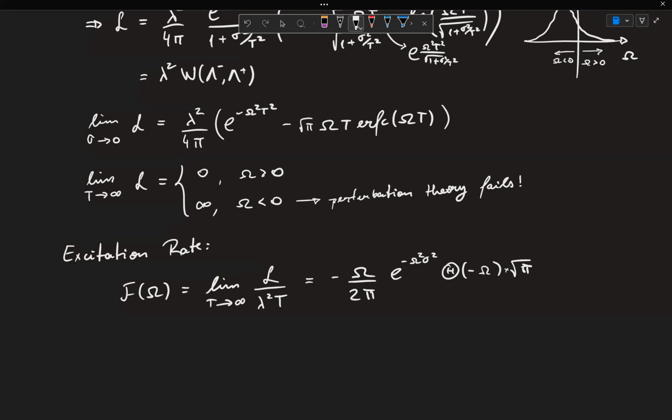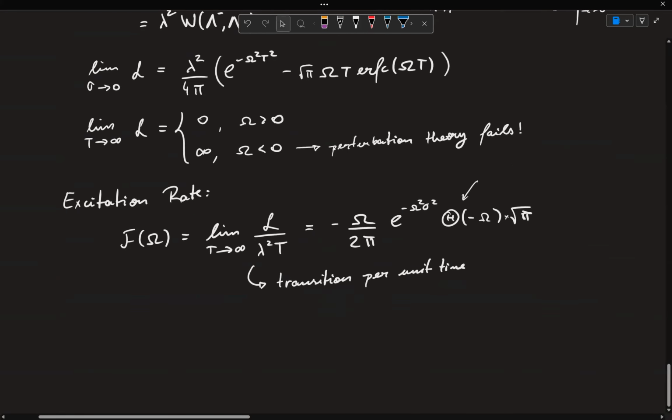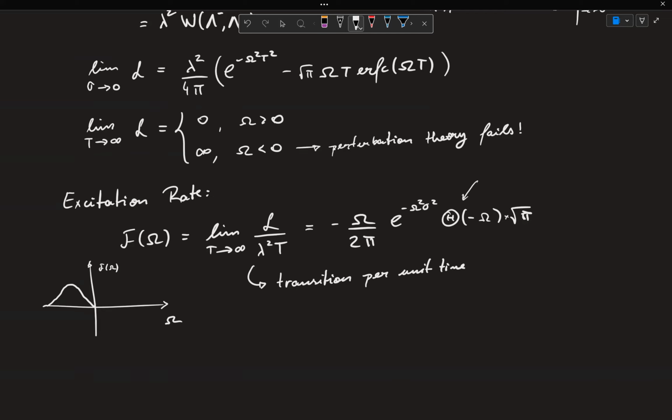This transition per unit time, if you plot what it is, so this is a Heaviside theta, right? So this means that this is only non-zero for negative energy gaps. So it's only non-zero if your detector starts in the excited state. So the idea is that this excitation rate looks basically like this, and then it becomes 0. So what this means is that if you start with your detector in the ground state and you take the infinitely long time limit, then your detector will always end up in the ground state. So it's not going to absorb energy from the field. But if you start in the excited state,